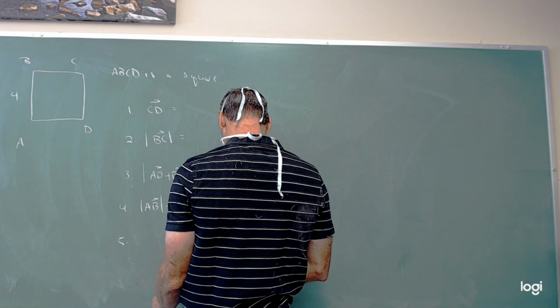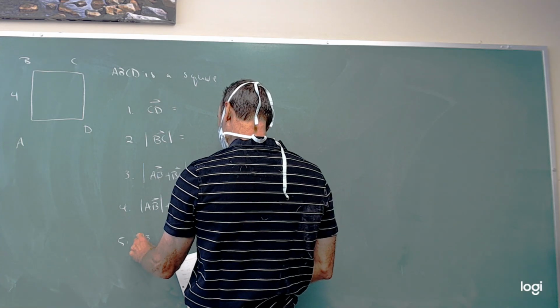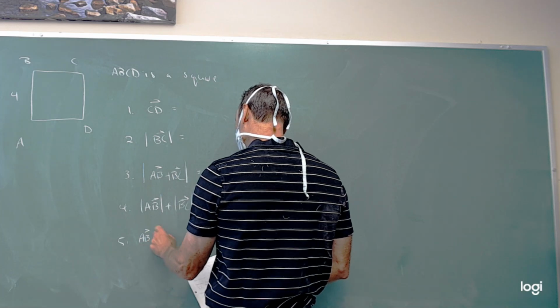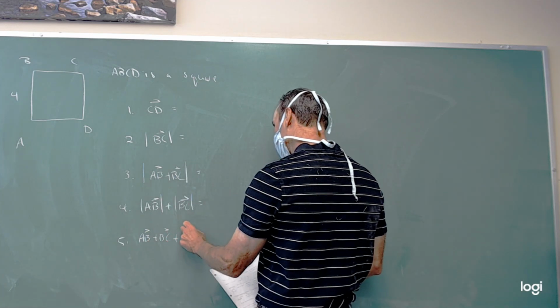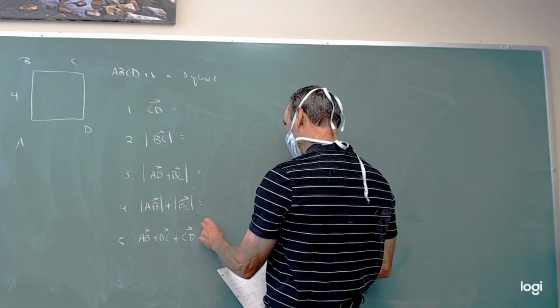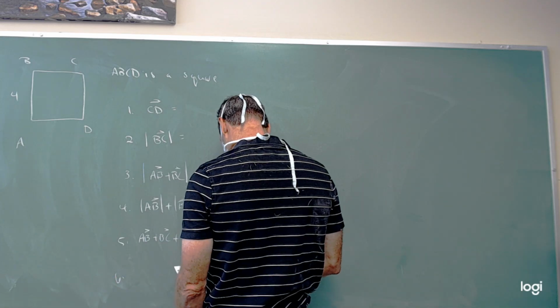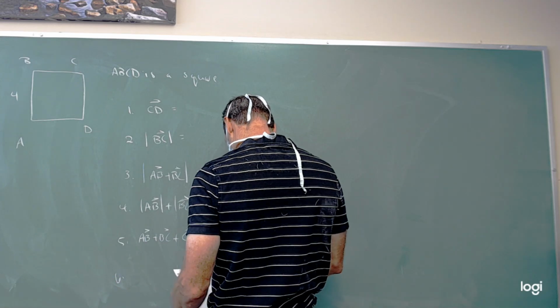We'll talk about whether those are the same or not. And then we'll say, what do we get with AB plus BC plus CD plus DA. And then finally, we'll say,